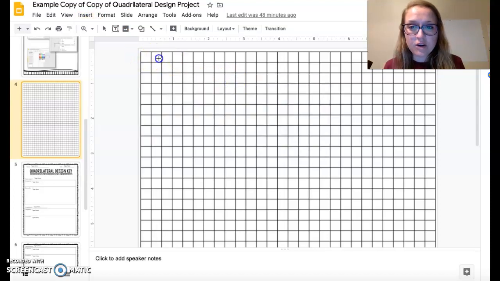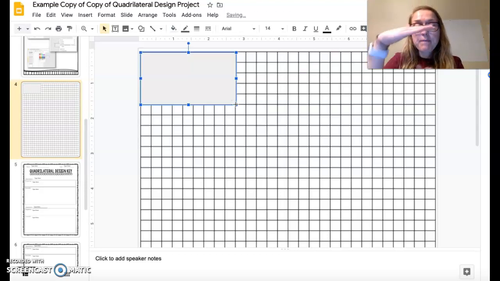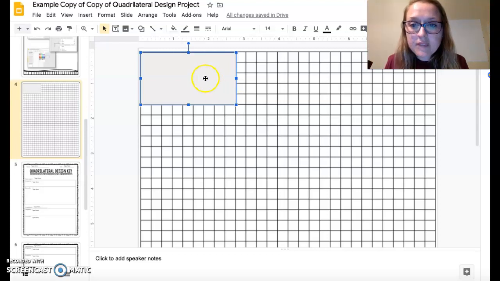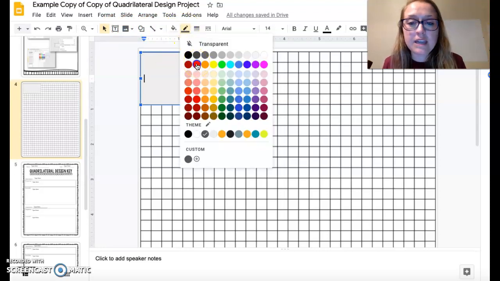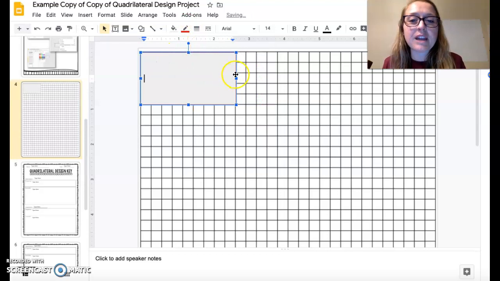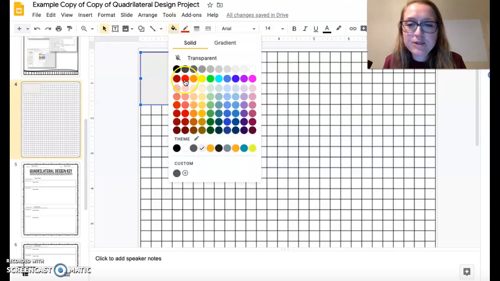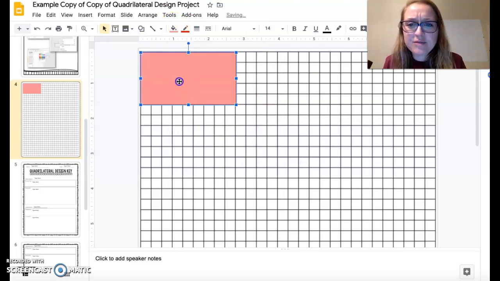So I'm going to start in the corner. I remember, right, we're going to remember the attributes of a rectangle. I know that a rectangle has two sets of parallel sides, and they're both equal. So two sets are equal, and then two sets are equal, and they're always parallel. If I want to change the color, I click on it, and then I'm going to go to the border color. I'm going to make it red. We'll probably do some kind of rainbow theme too, because I love that. Red,